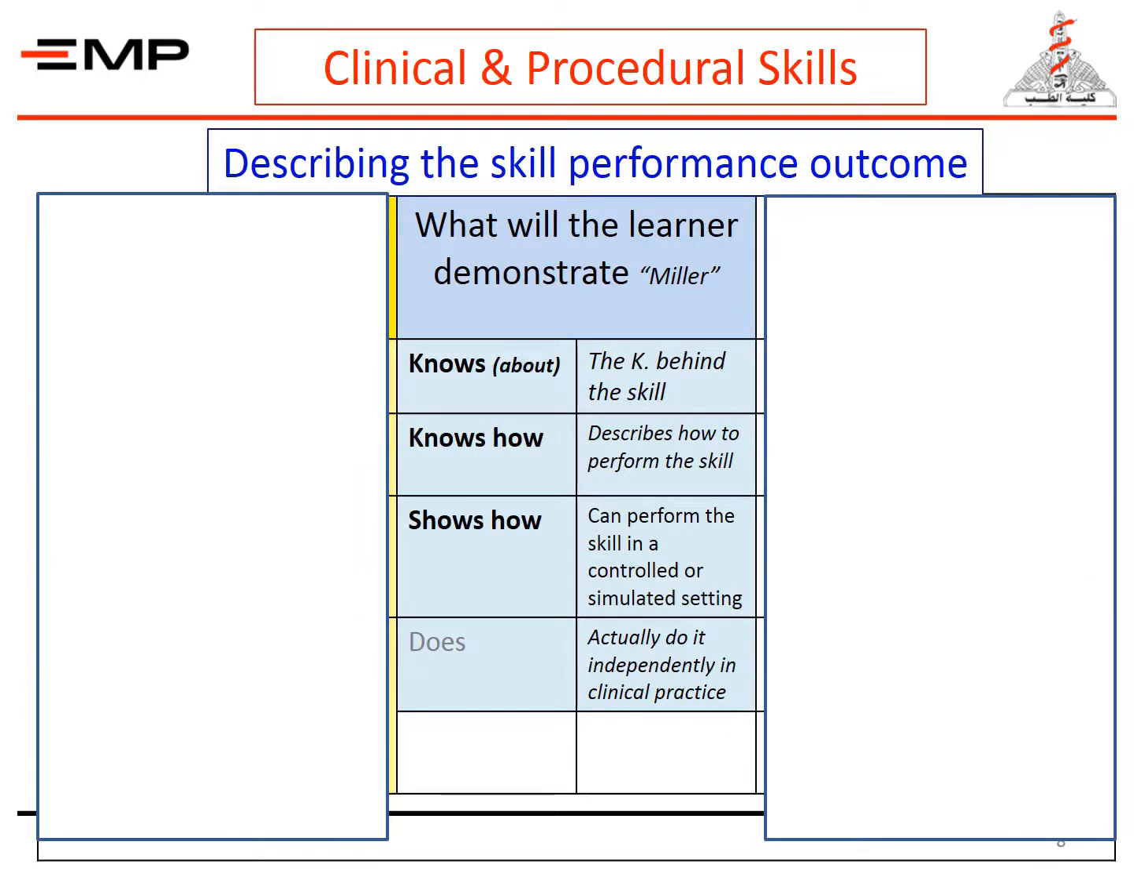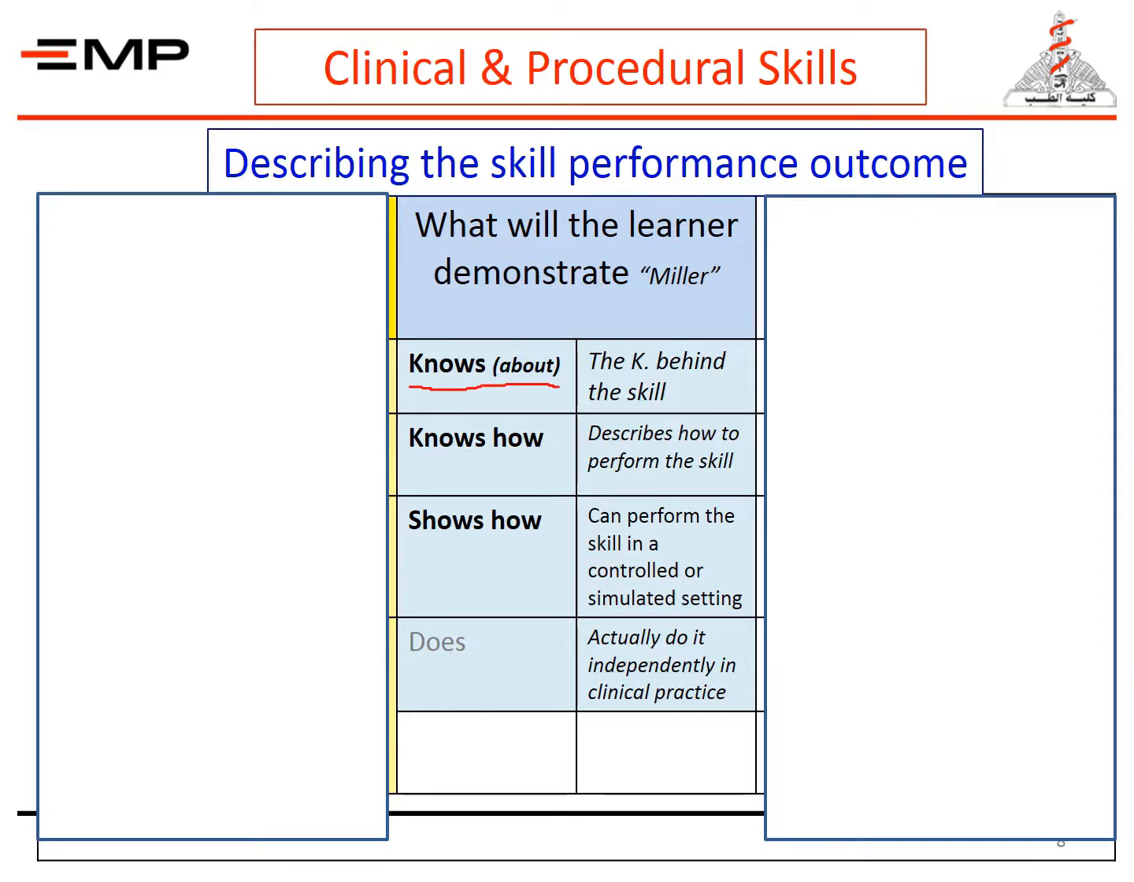Next, we are going to talk about the clinical and procedural skills. For clinical and procedural skills, it is important to define exactly the expected level of performance, because this will reflect on designing the learning experience and how the students will be assessed. Miller classified the performance level outcomes into 4 levels, starting with know about,